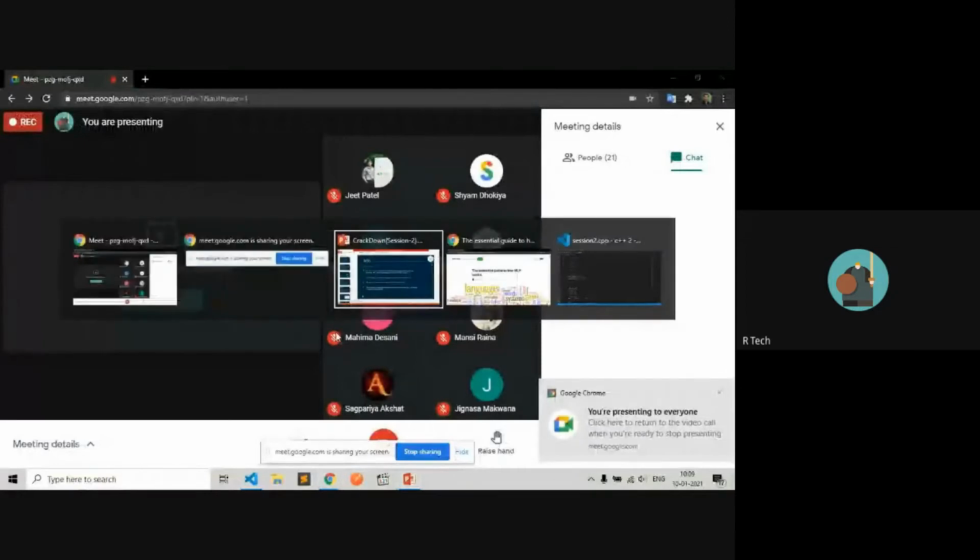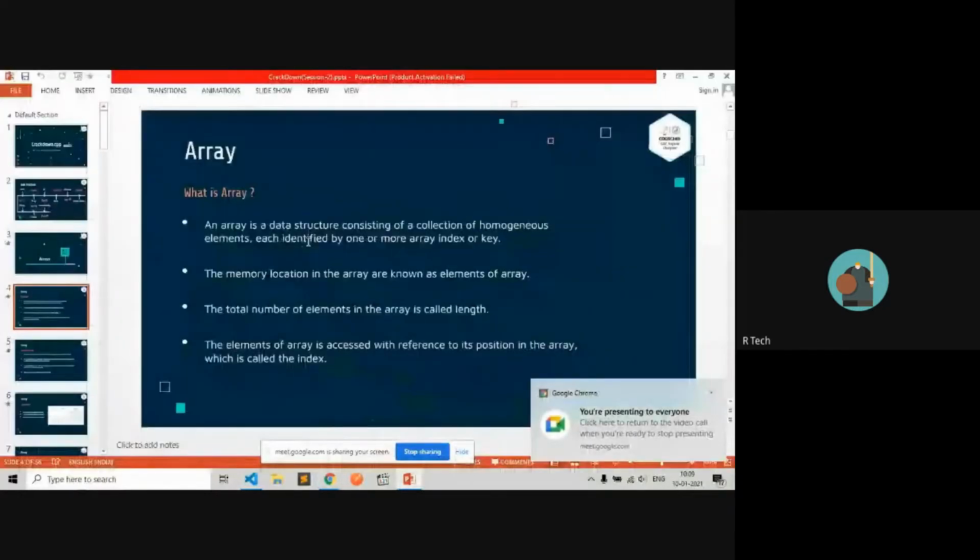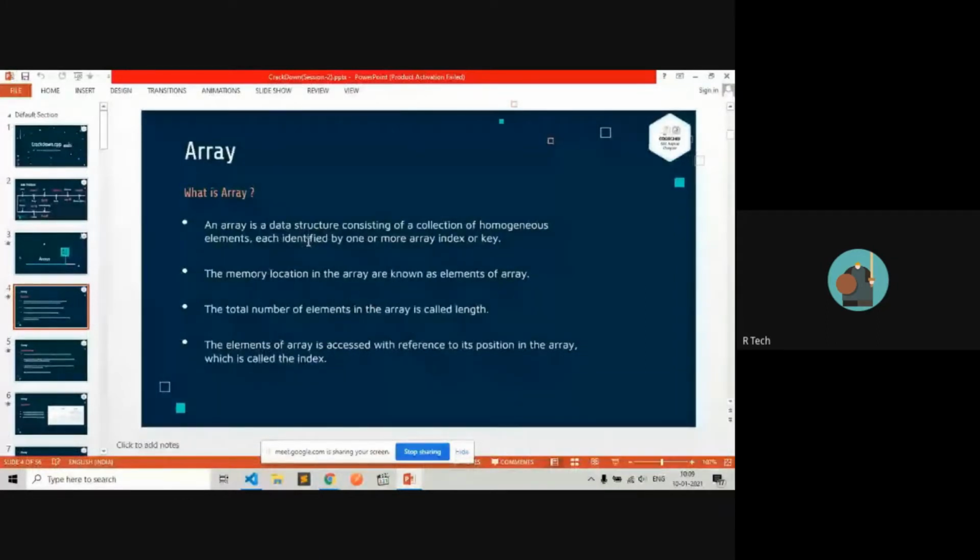So what is an array? Whenever you need to store multiple data, like when you want to store the marks of students, and in the class there are many students, or when you want to store the number of skills a user has, you would need to declare more than one variable.